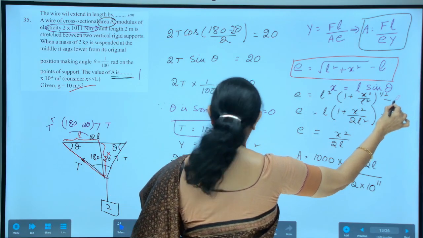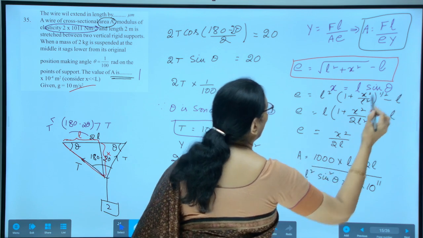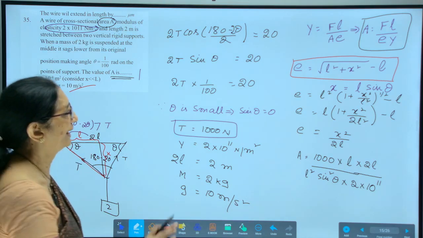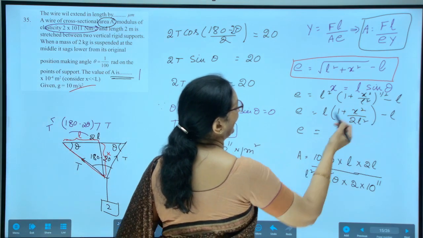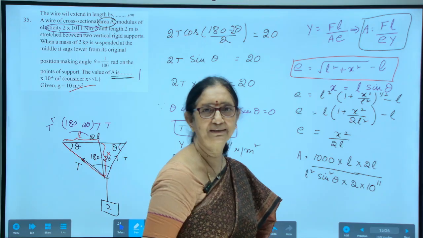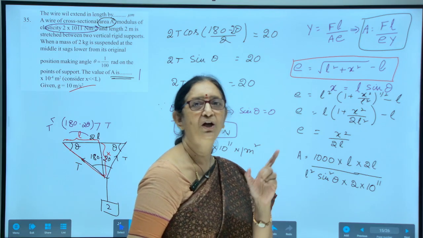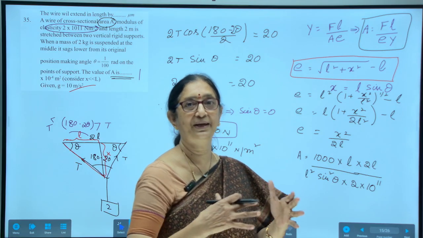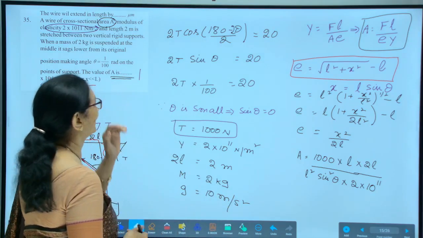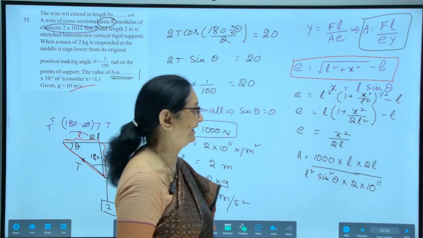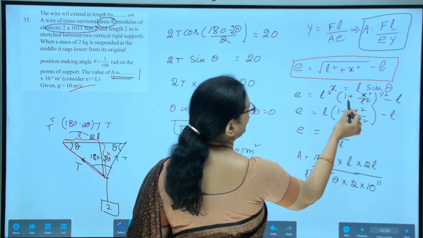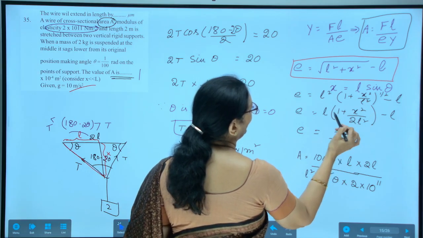So minus L here, right? See, this length minus this length, so minus L. See here, if you take the binomial expansion, we are neglecting the higher order terms because x will be very small when compared to the length, because we came to that decision as theta given is very small, that is only 1 by 100th of a radian. So here, neglecting the higher order terms, this becomes 1 plus x square by 2L square.